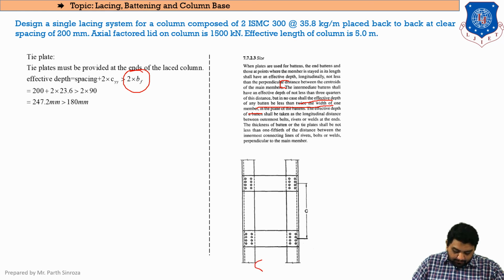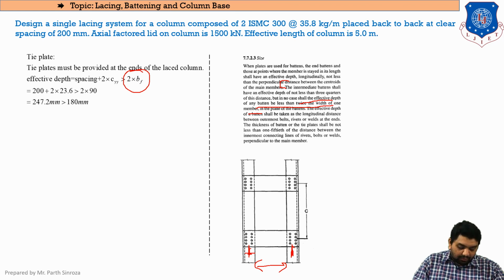That means this value will be our spacing of our column sections, and the value of CG will be somewhere around here, and for this channel the value of CG will be somewhere around here. As we all know, forces are acting only at the CG of the section. So the distance between two centers of gravity will be the spacing plus the center of gravity along the left face and the center of gravity along the other face.